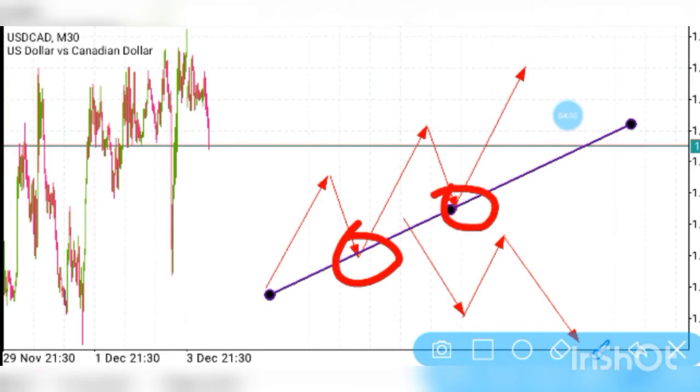Now, you guys might be asking, okay, should the trend line have only two touches? No, it can have as many touches as possible. It can have 5 touches, 4 touches, as many touches as possible. So once you get this simple and short, the connection of two lower lows or two lower highs, the connection of two higher lows or two higher highs, that is what a trend line means. That's what we call a trend line.